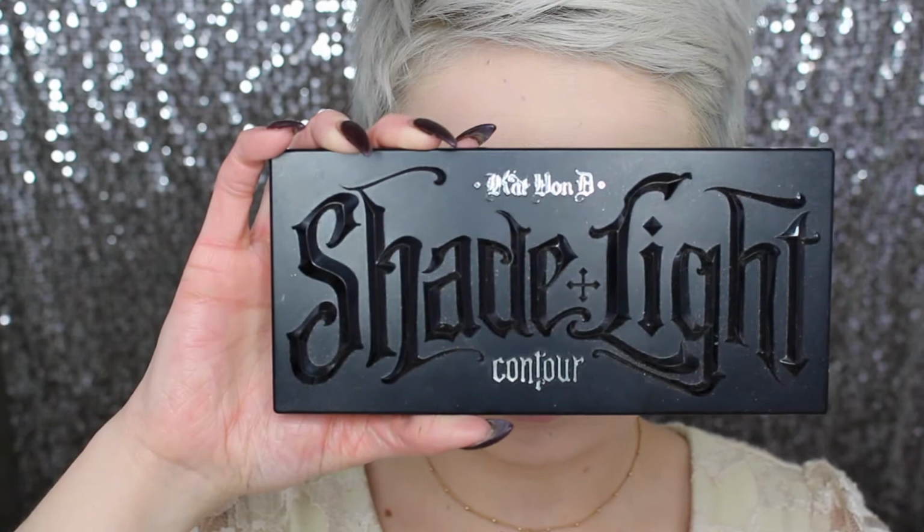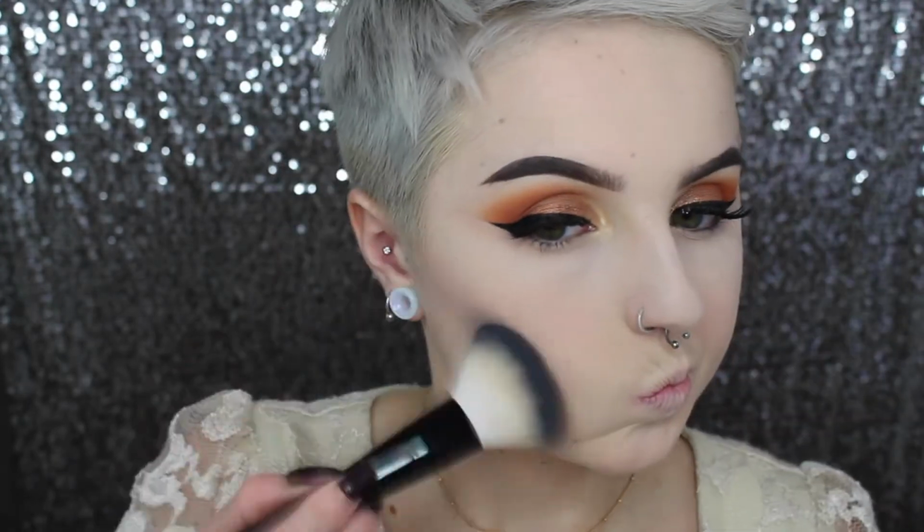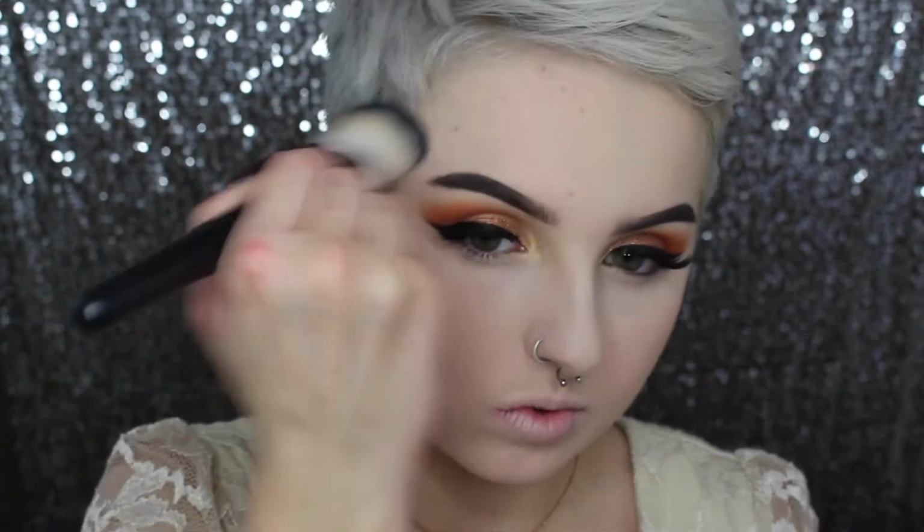For contouring my face today, I'm going to be using my Kat Von D Shade and Light Contour Palette. You guys can clearly tell that this is one of my favorites because I've hit pan on almost everything in the palette. But I'm going in with that middle shade and I'm just going to bronze up my cheek area, my temples, and my jawline just to give my face some more definition because I clearly am lacking that after the foundation. Then going in with this nice ash shade, I'll be carving out my cheekbones and my nose, and